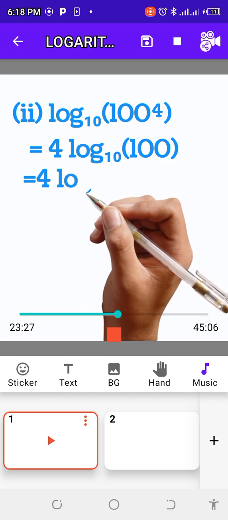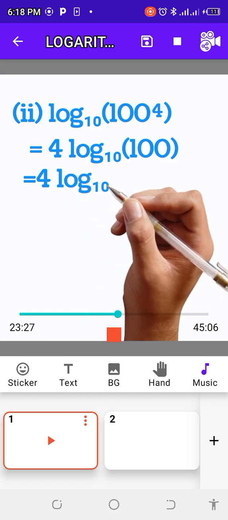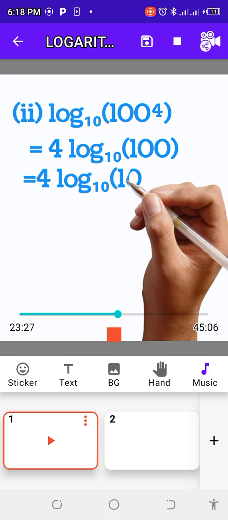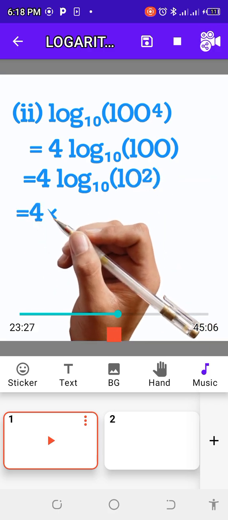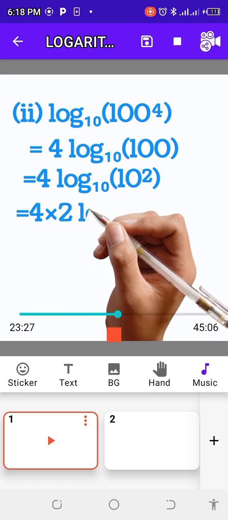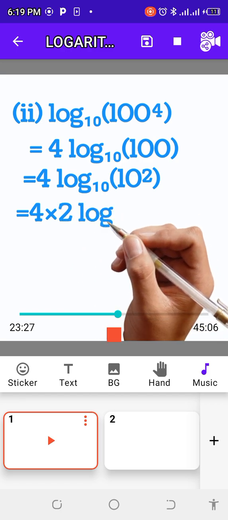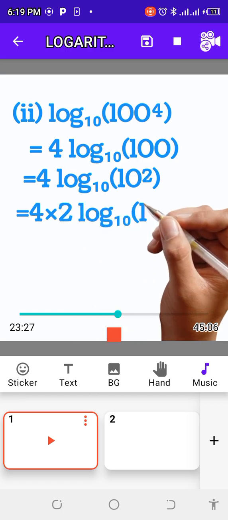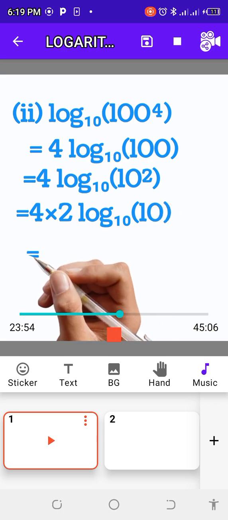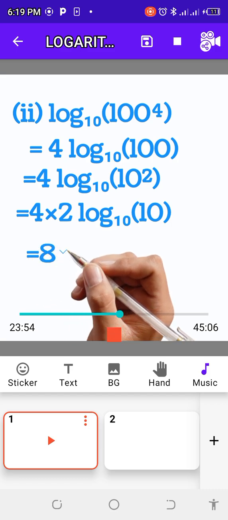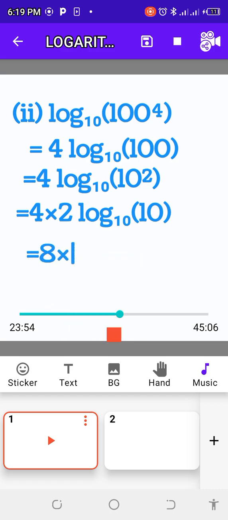So it becomes 4 into log 10 raised to the power 2, which is equal to 2 times 4 log 10 base 10. And log 10 base 10 is equal to 1. So automatically it becomes 8 times 1,